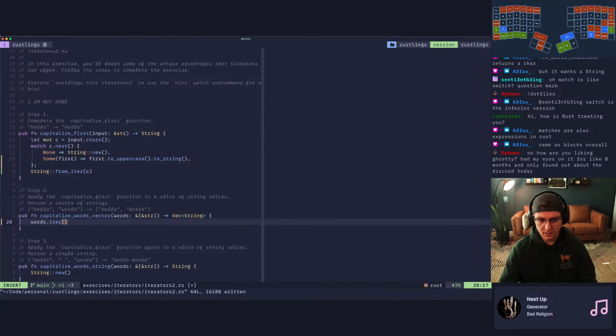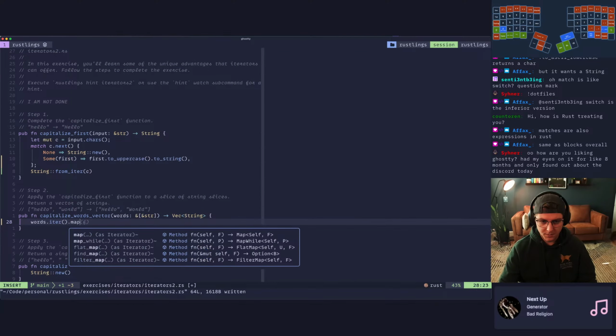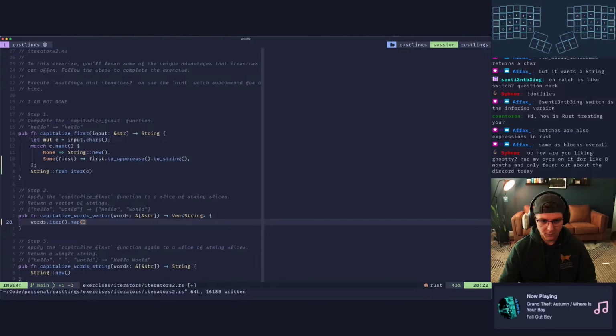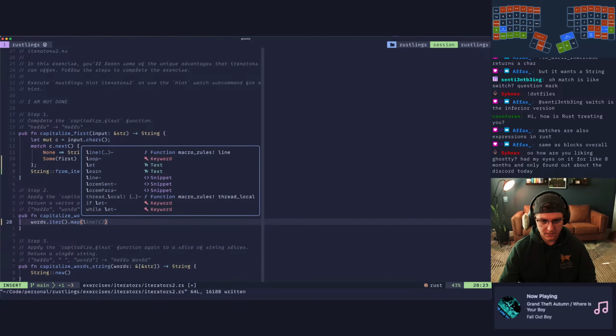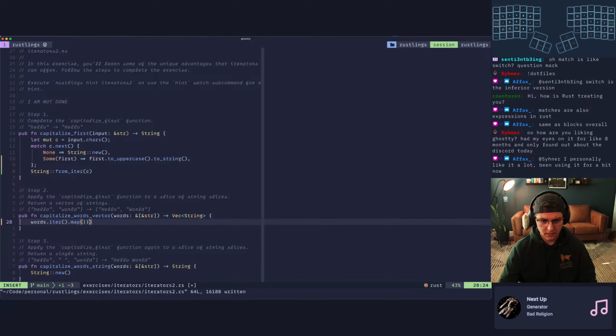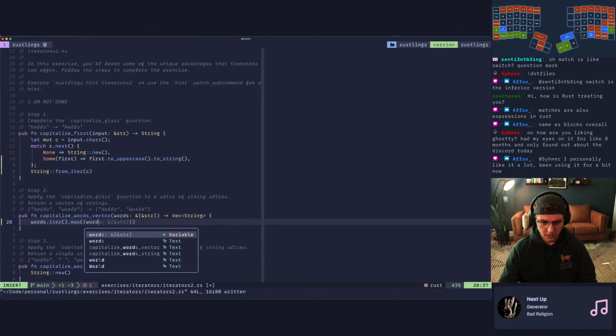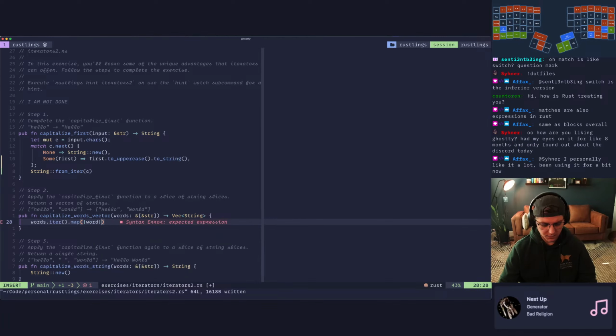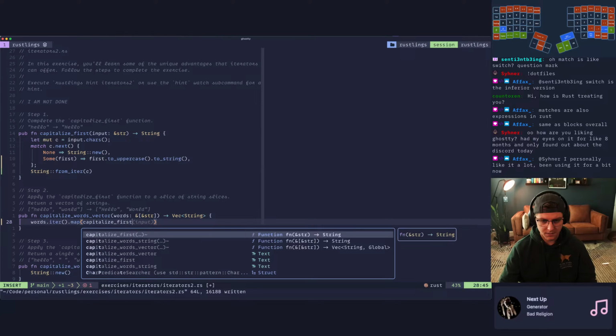So we probably want into iter, and then we can probably map. Yeah, then we can map, and we'll go, that's not right. That's on my pinky, I think. Yeah, and this will be word. And then in here, do an expression, which will be, in fact, we can just change this to be our capitalized first.